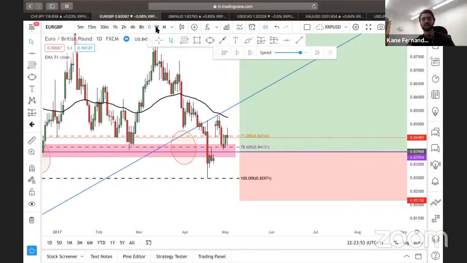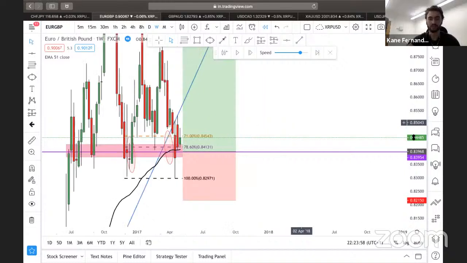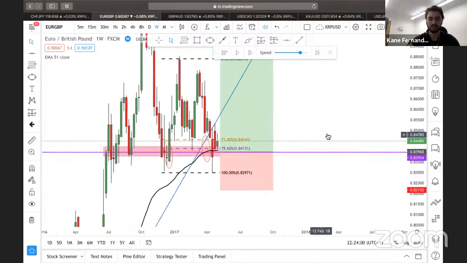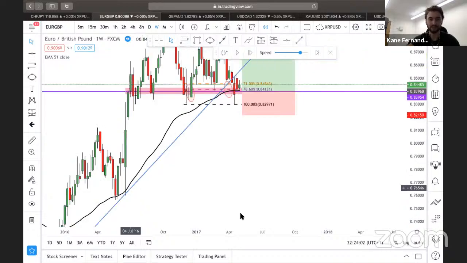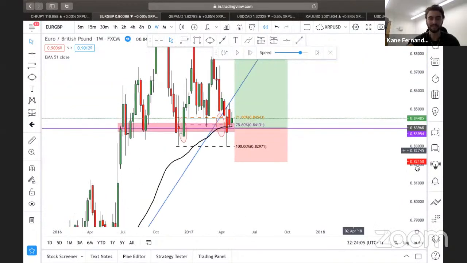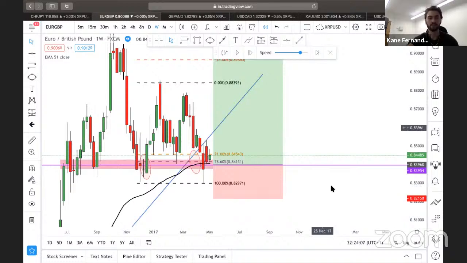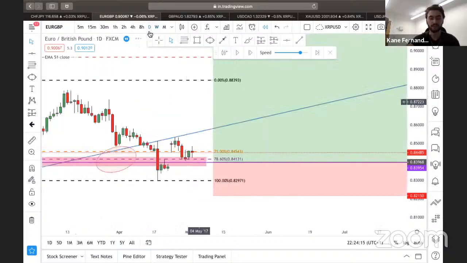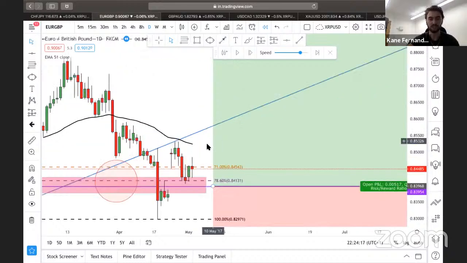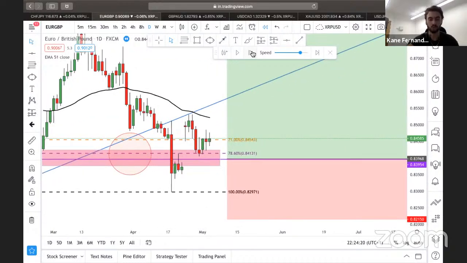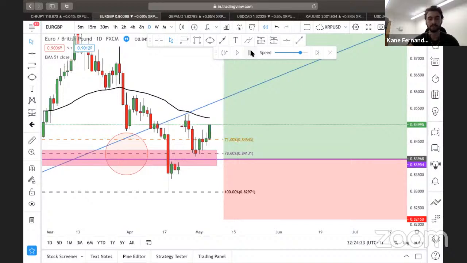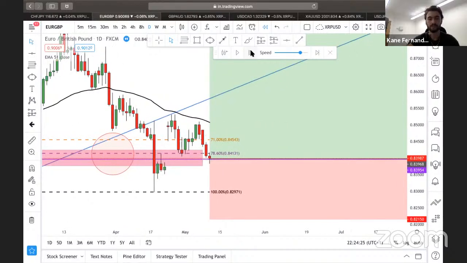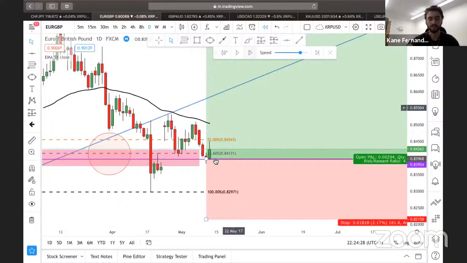Can I look back at the weekly just to see what? Yep. Okay, so I look at the weekly because we can still see it's respecting it, right? As I said previously from the start, the weekly EMA is really, really powerful. The higher the time frame, the more significant, the more powerful it is. So this is still looking quite nice, to be fair, on the bigger time frame. So that gives me more confidence to take a trade. So if I go back to the daily, again, if I see 3 rejections in a row, I'll be looking to take this. So 1, 2, one there.